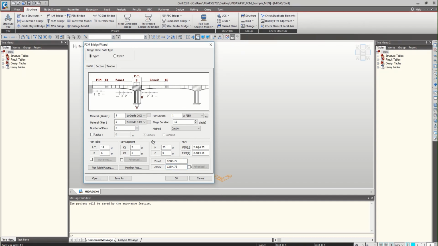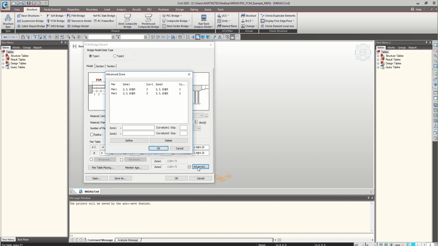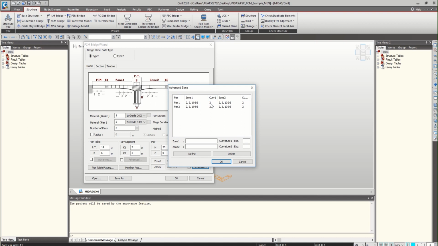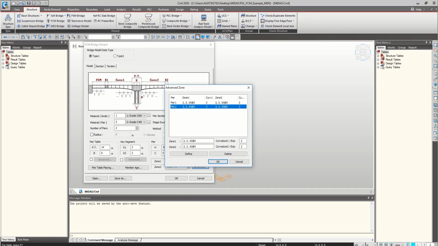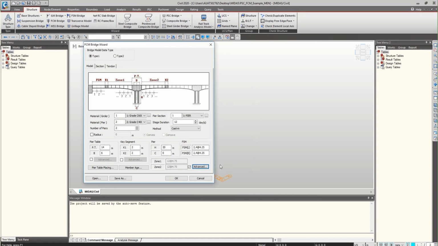Leaving this as is, the wizard will then assume that the values for zone 1 and zone 2 for all of the pair tables will be the same. If we are working with non-uniform values, we can click on this checkbox and click on the Advanced button. And here, we can edit the zone 1 and zone 2 values for the different pairs. So let me just close this window and uncheck this because we want to define equal values for zone 1